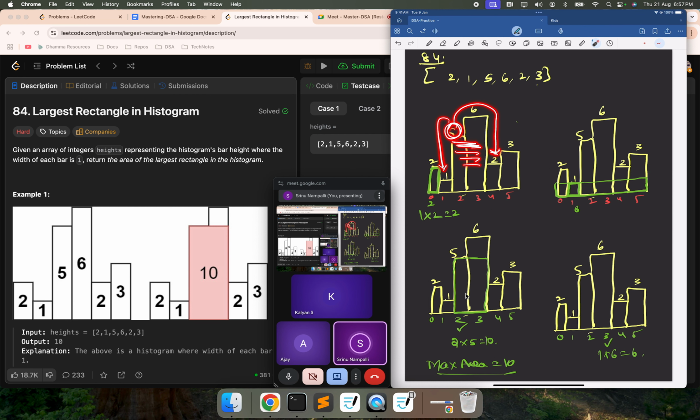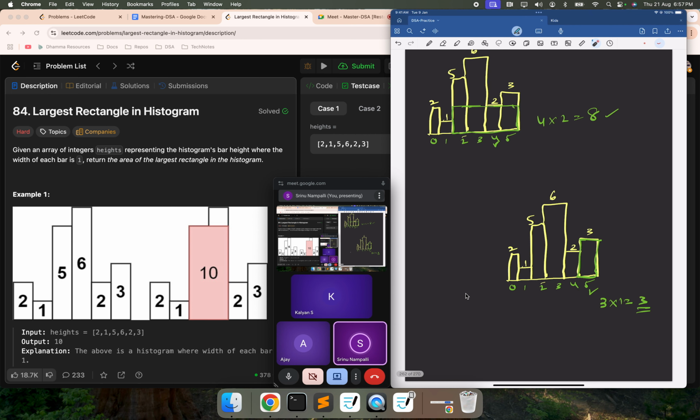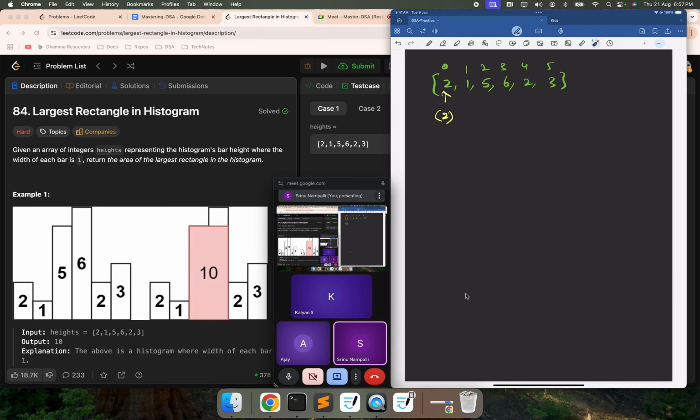Between whatever elements you get, what is the count you get, right? That count into this height only, no? Correct? So what did you understand here? For each index, we need to find out what is the next smallest element index, what is the previous smallest element index, right? So when it comes to 2,